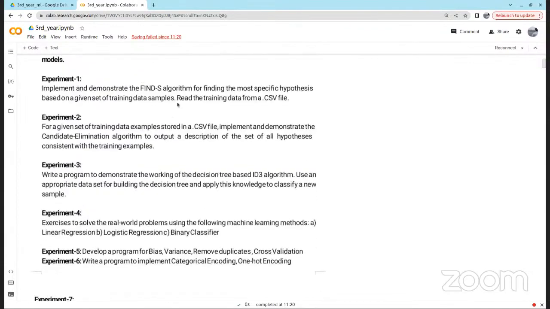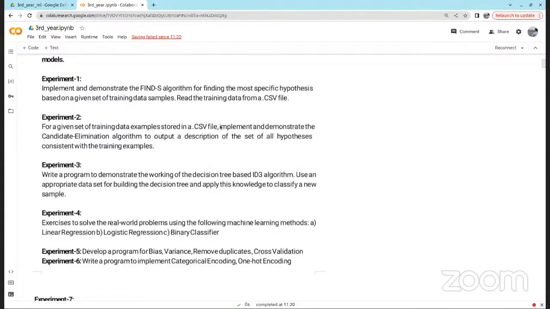The Find-S algorithm we'll have to discuss anyway, because while we are doing experiment 2, we need the explanation for experiment 1 as well. So I will redo that again. But from this class onwards, I'll try to reduce the content that is being repeated.